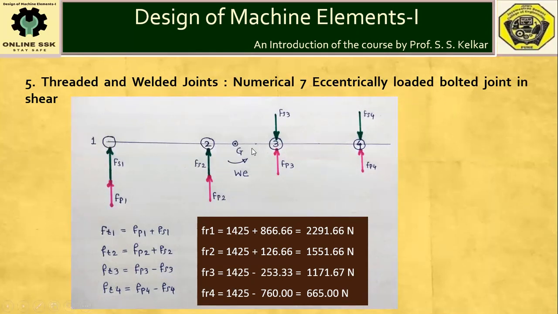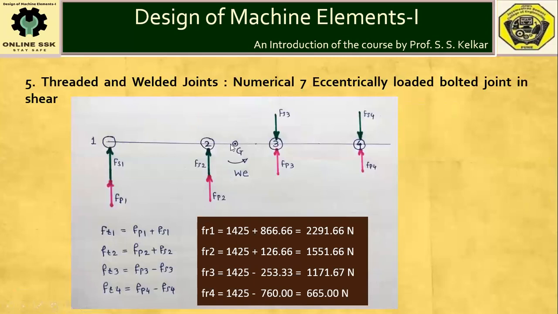opposite moment of the bracket, opposite to the moment or rotation caused due to applied load. Applied load is causing anti-clockwise movement. Therefore, secondary force has to cause clockwise movement. This direction of the secondary force Fs1, shown by green colored arrow, is correct because it will cause clockwise rotation